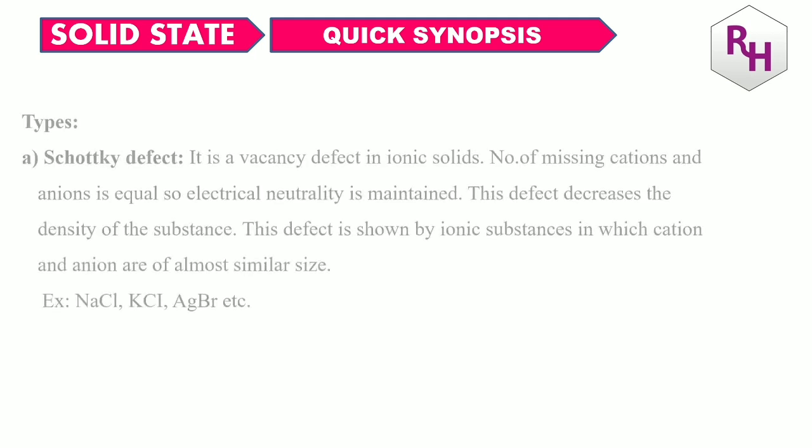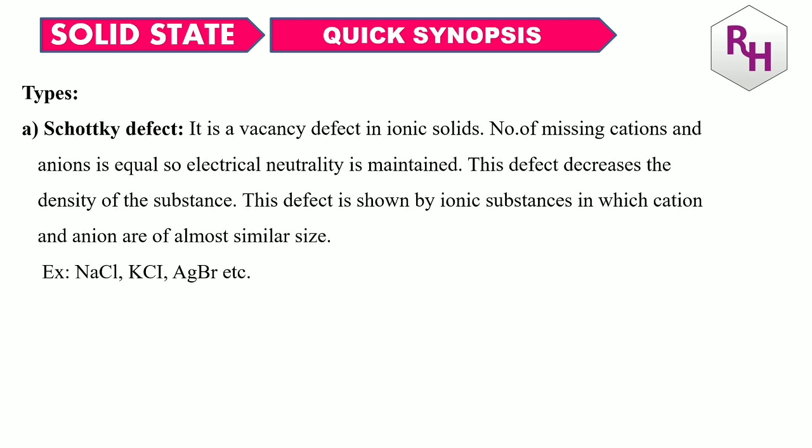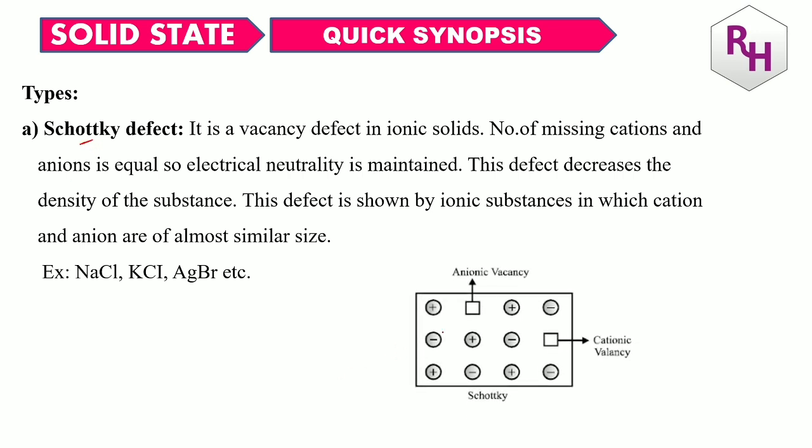Now the first one you can see is Schottky defect, under stoichiometric. How is this Schottky defect? Very simple example to remember. Here an equal number of cations and anions are missing. Here the anion, here the cation is missing from the crystal lattice. This is called Schottky defect. Under Schottky defect, electrical neutrality is maintained. Electrical neutrality means the number of positive and negative charges will be the same.